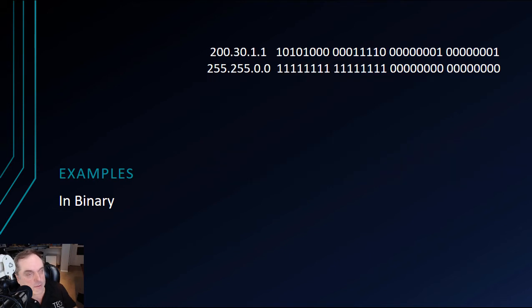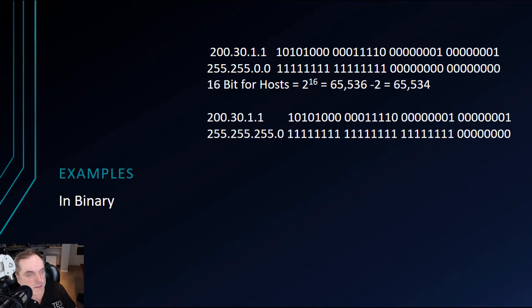So let's take a public address, say 200.30.1.1, and you can see there that the subnet mask is 255.255.0.0, what we used to refer to as a Class B. So we can see that there are over 65,000 addresses for both hosts and networks, since we split it right down the middle. But most likely a lot of those 65,000 addresses are just going to be wasted. So if we turn that into what we used to call a Class C subnet mask, 255 three times, .0, then once again we end up saving a lot of addresses because we went down to 254 hosts from 65,000.